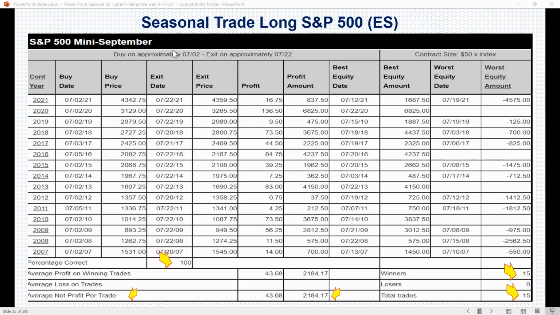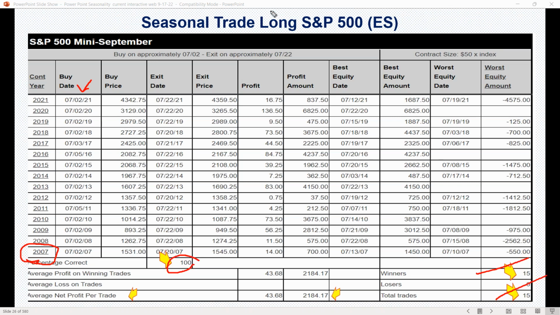So here is the breakdown of the statistics. It really gets detailed. So you can see when you dive into each year, you can go back and look, you know, all the way back to 2007. So you can see again, here marks the trade entry on the 2nd, you know, around the 2nd of July, and the exit around the 22nd. All right. So out of those 15 years,